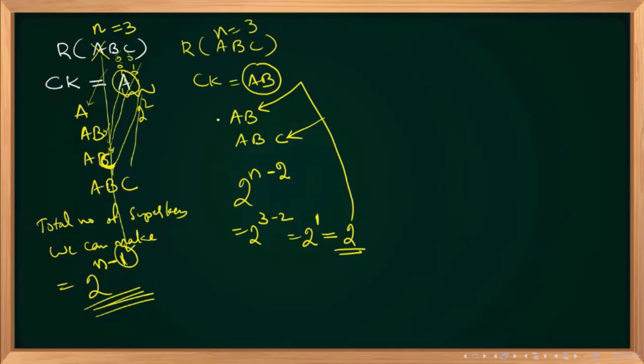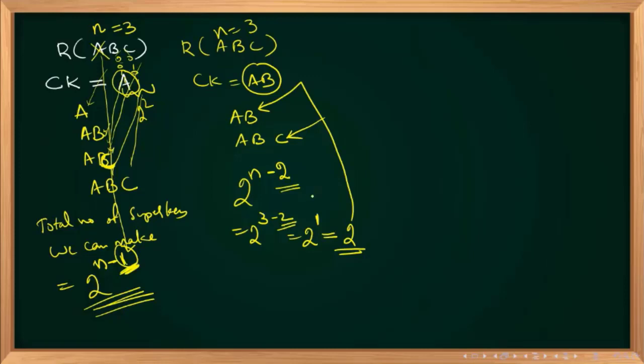Now, moving a little bit further. Now the ball is in your court, you have to tell. Okay, you understood, this is the way we have to do it. Now I am going to increase the number of candidate keys, not the attributes in a single candidate key. If a single candidate key is given, the equation will always be this one. If only one attribute is there in your single candidate key, the answer is 2 power n minus 1. If two attributes are there, the answer is 2 power n minus 2. If 5 attributes are there, the answer is 2 power n minus 5.